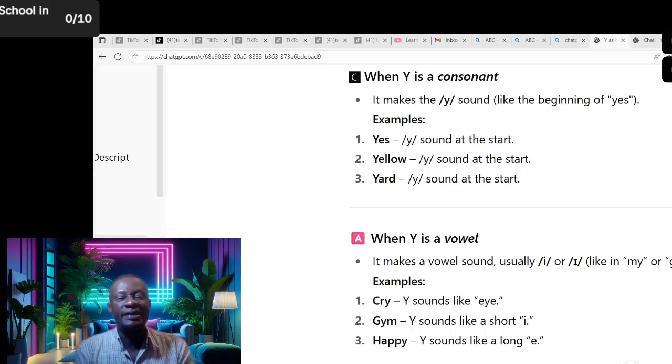Third example, yard. Okay, sound at the start. So you really have to pay attention at the start. When Y is a consonant, that's when it's at the start, and you hear the sound. You see, it's a sound that makes it a consonant, and it's at the beginning. Okay, yard. So it's a consonant there. All right. Now when it's a vowel,